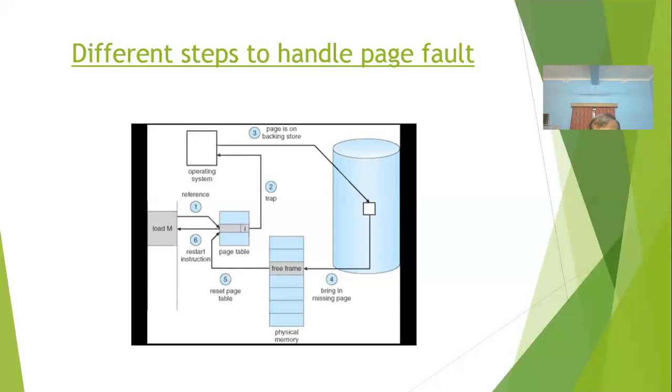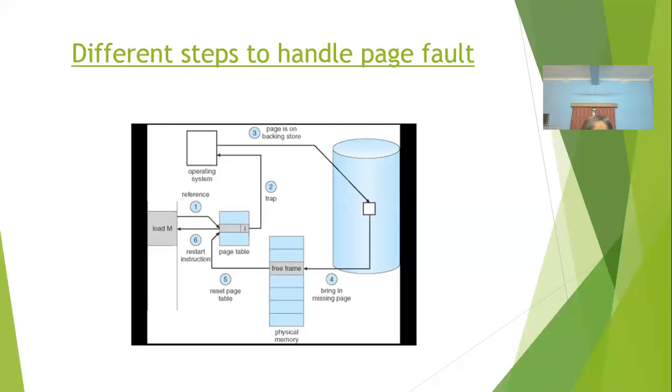So if I just repeat once more, the gist is like that. Whenever a page fault occurs, a trap is generated to the operating system. The operating system saves the context of the currently running process, because it has to be interrupted here because the required page is not there. And after saving the context, the operating system will check whether the request is legal or not, and then it will issue a read request from the disk. Now, in the meantime, the operating system can allocate the CPU to some other waiting process.